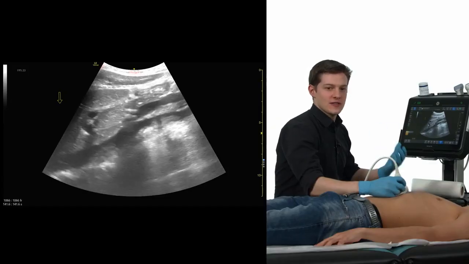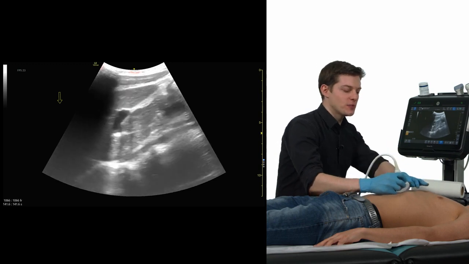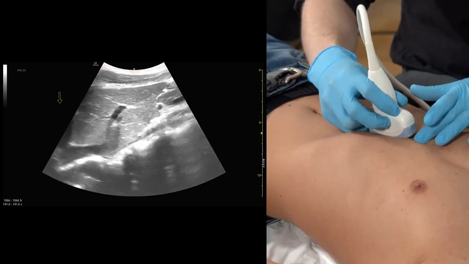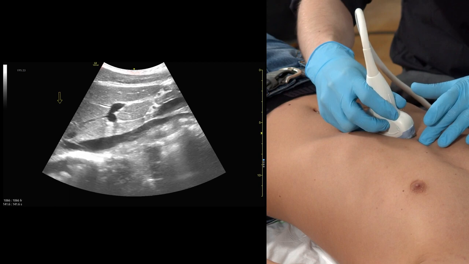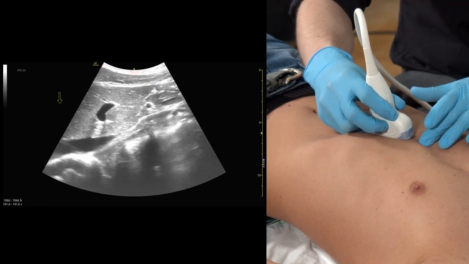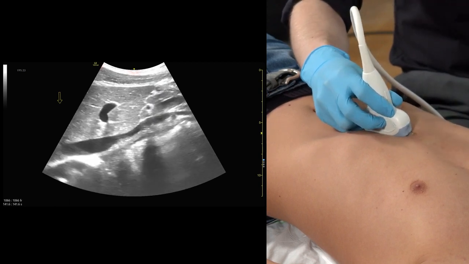But if we move the transducer just a little bit more to the midline, we'll see a structure which is even more important, especially with respect to fatalities which can occur if we do not find a very important pathology, and that is the aorta. Well, let me show you how to image the aorta. To visualize the aorta, make sure that you place the transducer really just below the xiphoid to get the optimal view. You can also again tell the patient to inhale,